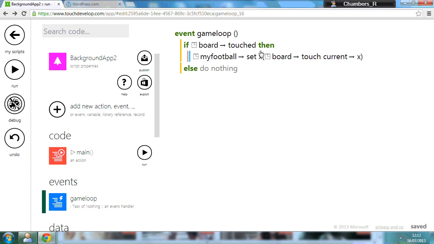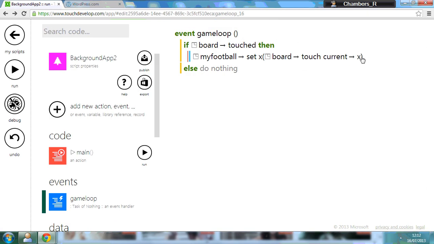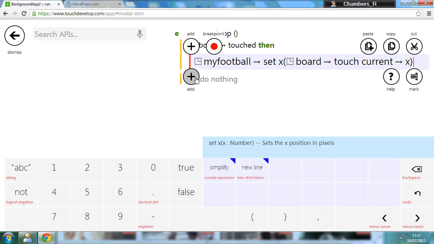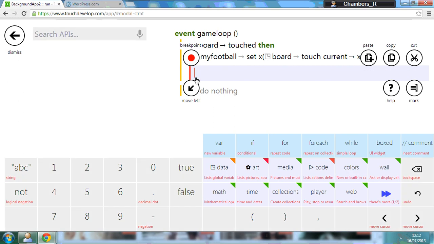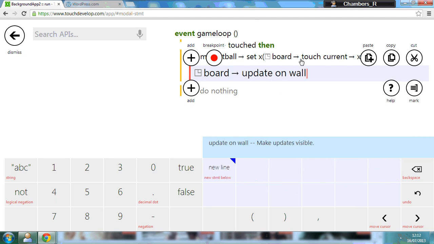Alright. Now the reason why that hasn't worked, so you're thinking, why isn't this working? Well, if you go down, that's setting it to the current position, but remember before we need to update it on the wall. So if you go to data, board, and you want to update on the wall. So while it's doing this, it's always updating the board. So now if I run it,